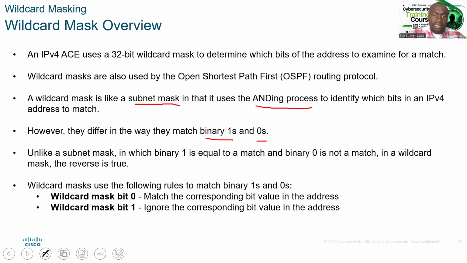Unlike a subnet mask, in which binary 1 equals a match and 0 is not a match, in a wildcard mask the reverse is true. Now,